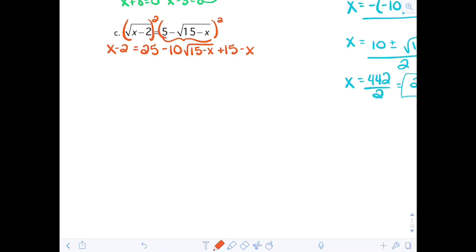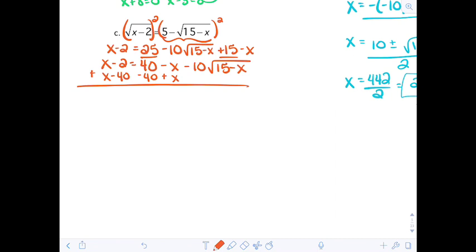I'm going to combine some like terms and isolate that. So I do have 25 plus 15 on this side, so I do have a 40 minus an x, and then minus 10 times the square root of 15 minus x equals x minus 2. I'm going to subtract 40 and add x to both sides. Okay, so I now have 2x minus 42 is equal to negative 10 times the square root of 15 minus